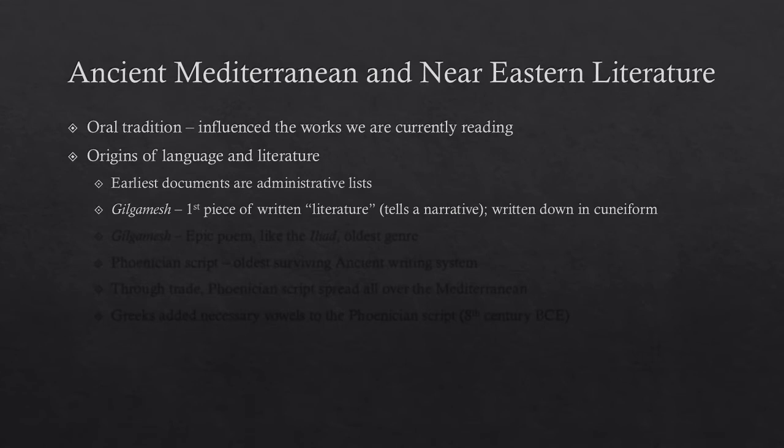And so in terms of the earliest things, longest ago, actually written down, Gilgamesh is the oldest one that we would think of as literature in terms of the genre, the way we define it. And it was written down in cuneiform, which is basically an ancient form of writing, very similar to hieroglyphics. Gilgamesh is an epic poem, just like the Iliad, the Odyssey, the Aeneid. Most of the things we'll read are epic poems because it's the oldest genre, and we're studying the oldest literature in this class. So in the next video, we'll learn about epic poetry and what it is.